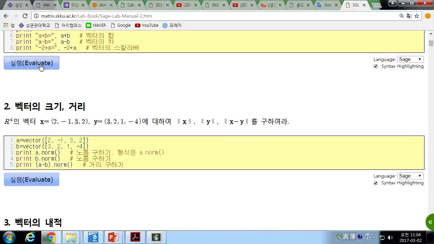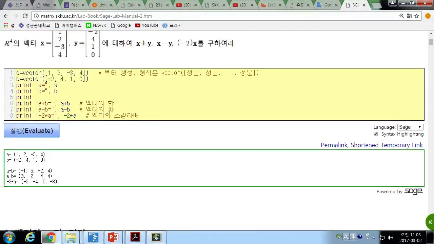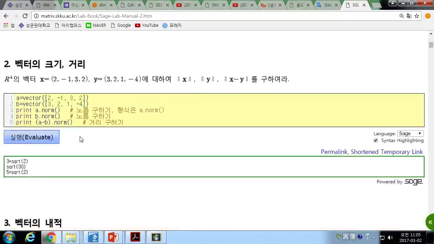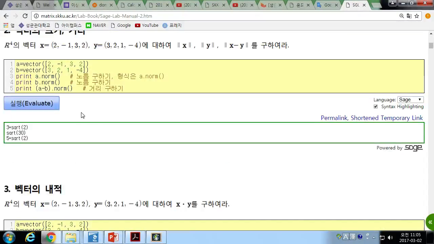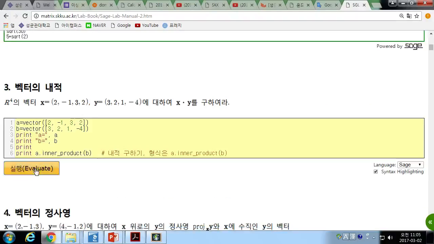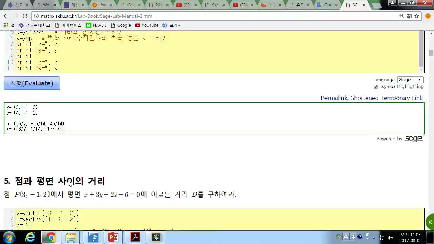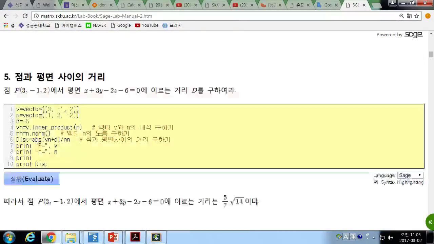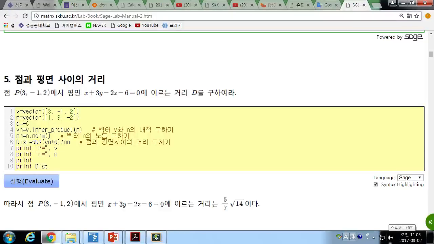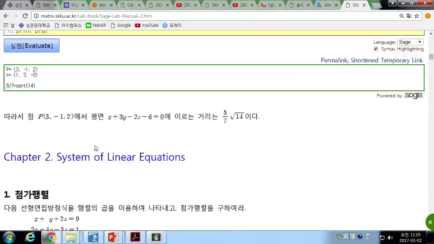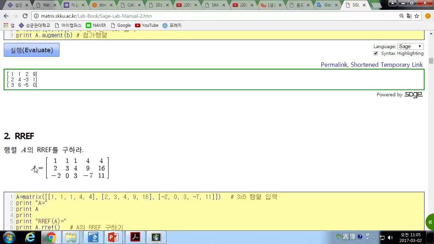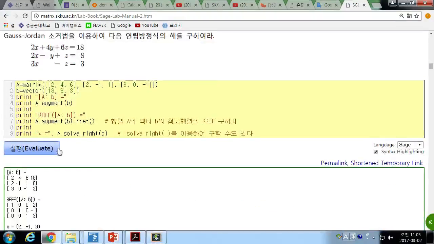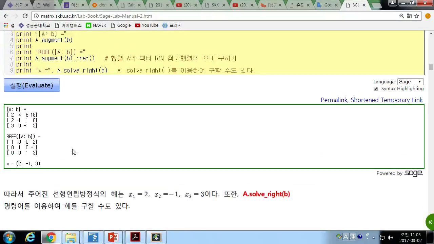You should be able to add, subtract, and find the scalar multiplication of vectors, find the norm and size of given vectors, find the inner product and the projection to find the shortest distance between a point and a plane, and solve linear systems of equations, finding the reduced row echelon form and doing Gauss-Jordan elimination,